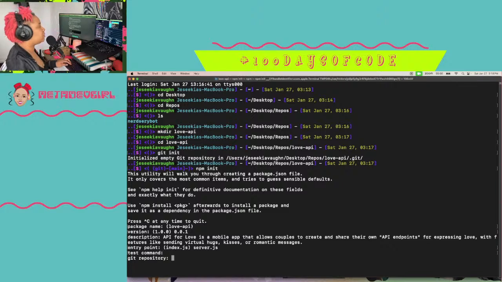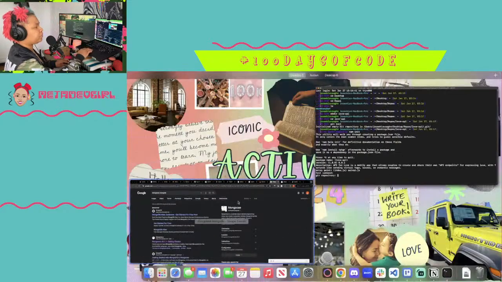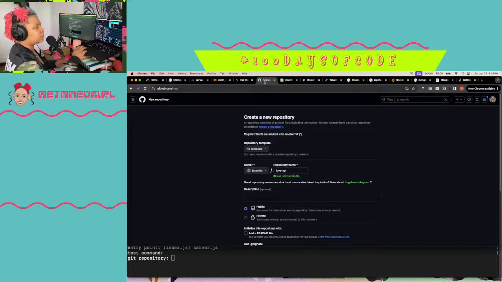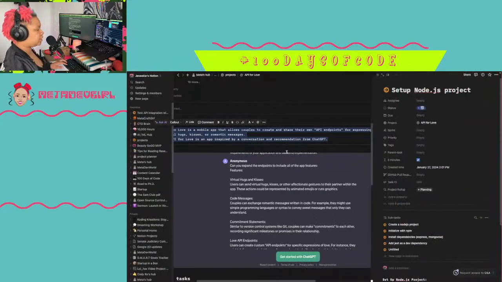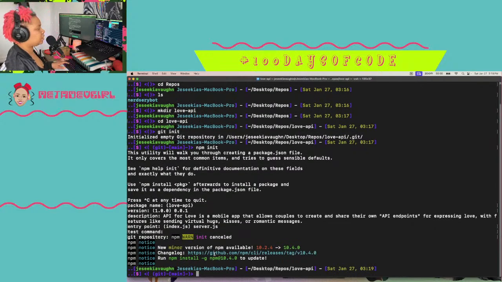My git repository, oh dang, I should have linked these first. I think I just need the URL for it, right? So you know what, let's do this. Because if I have it set up already, Control C. Did I cancel it?